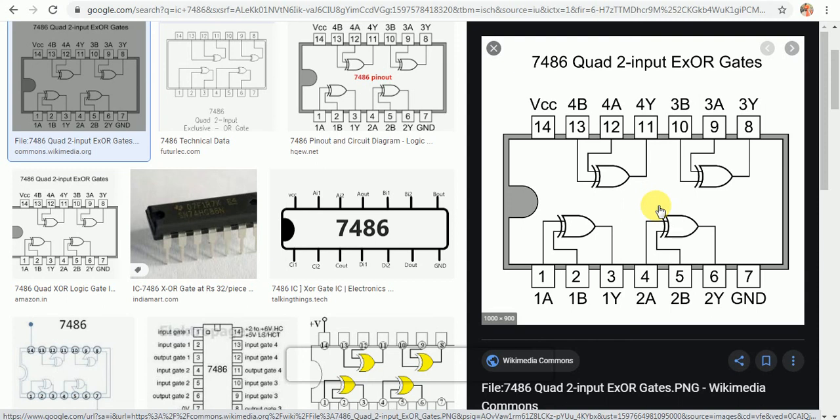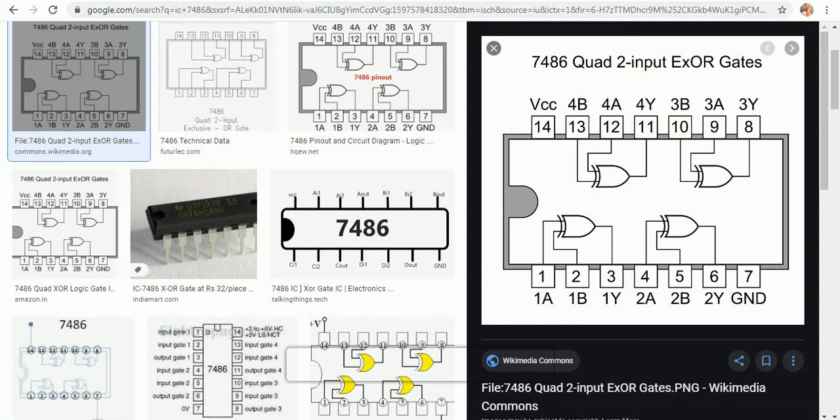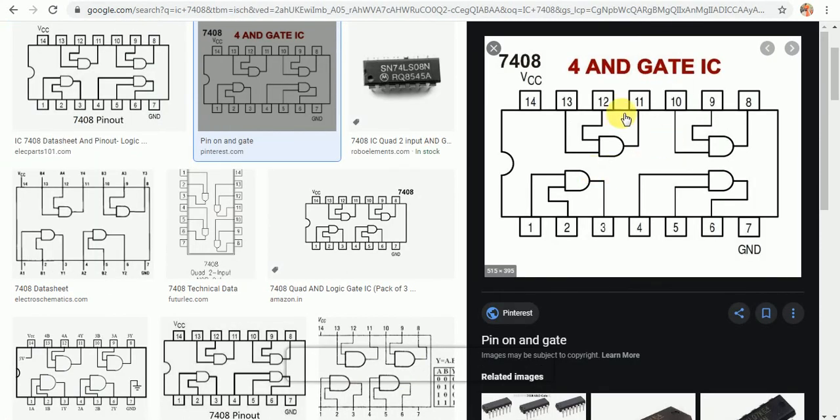Similarly, we will understand the pin configuration of 7408. This is the pin configuration of 7408. It is also a 14 pin IC. Look at this first AND gate. Inputs of the first AND gate are connected to pin number 1 and 2, whereas the output is connected to pin number 3. Similarly, the second gate, third gate and fourth gate are connected to the pins.